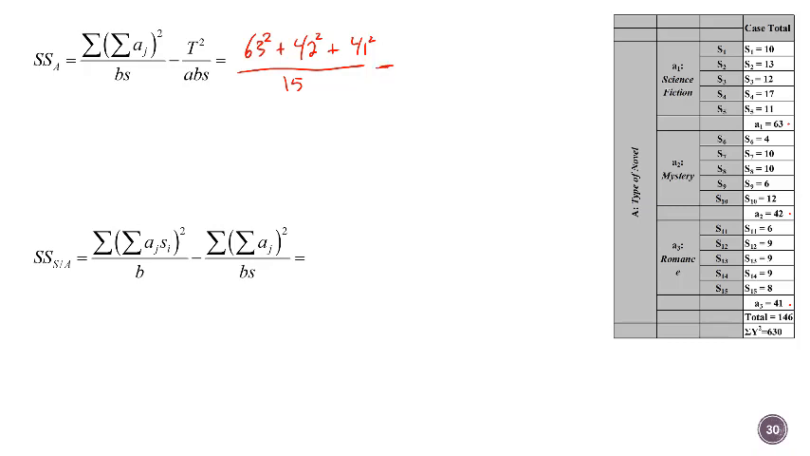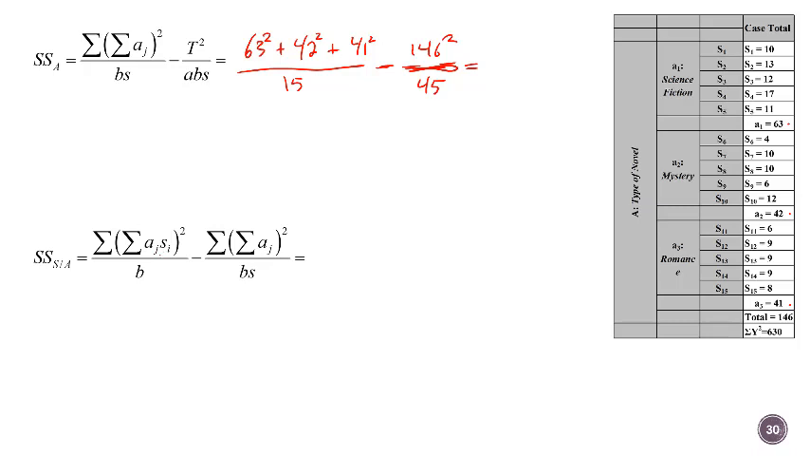Minus T, which is 146, squared over ABS, which is 3 times 3 is 9, times 5 is 45. Alright, we'll go through the actual calculations in a sec. Just sort of helping to write this out. So